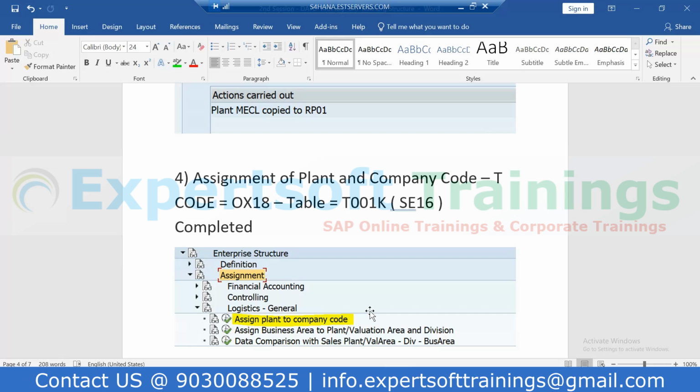Why will we assign them? It is very very important. Whatever the finance related activities are happening in the plant, all those activities are to be recorded into different GL accounts in this company code. If you do not assign the plant to the company code, then further processes like creation of master data, creation of purchasing documents and any kind of different types of data, we won't be able to create for a particular plant until and unless it is properly assigned to a particular company code. It is very very important. So after creating these two entities, we also have to link them together, so we will assign. Now where will we go to assign?